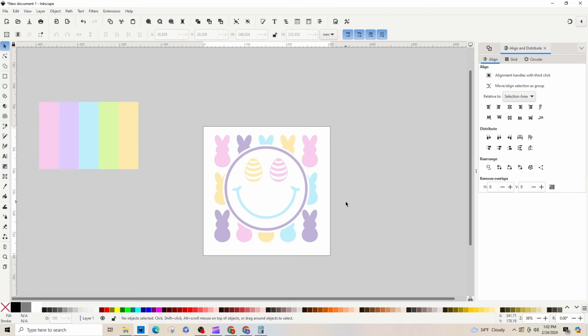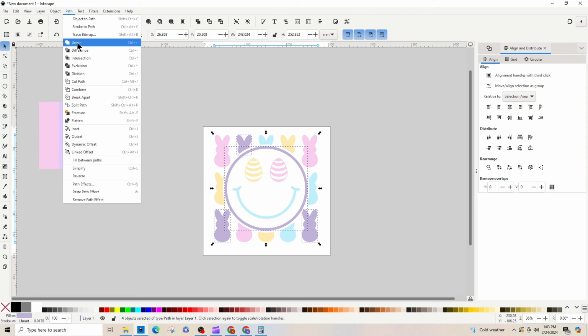Okay, now that's it. Now, what I like to do to keep everything together is to union all the same colors, and that always helped me out as a beginner. It does use a little extra vinyl, so if you're not a beginner and you can piece all this together, it did help me out to union them. So we can ungroup everything. And then just by colors, select all those by holding the Shift key, and then go Path, Union, and then all the purple,